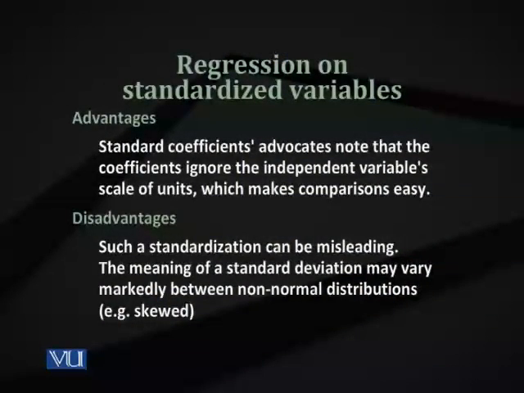So the advocates of standardized regression coefficients state that it is better in the way that we are free from the units of measurement and we always interpret the beta coefficient in the same way. So we are not mentioning any unit of measurement. The unit of measurement, in fact, is the standard deviation now, which is standard. But there are some disadvantages.